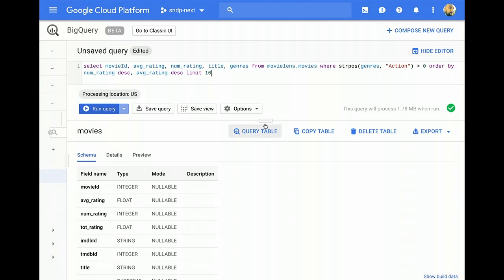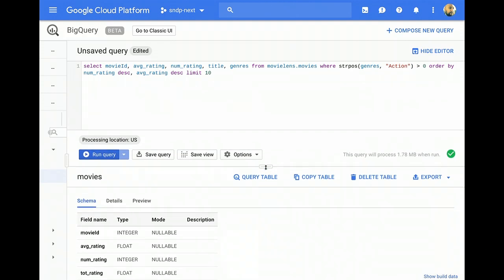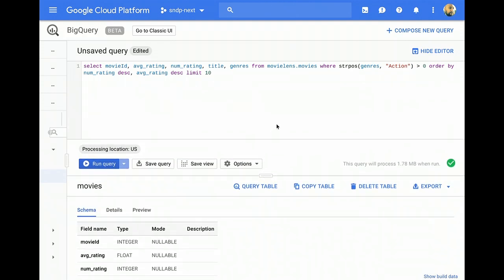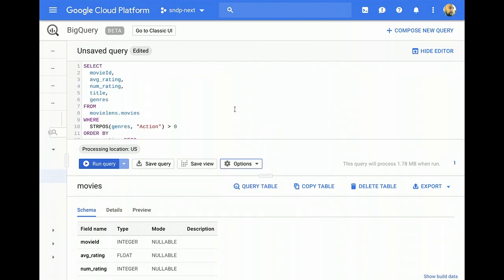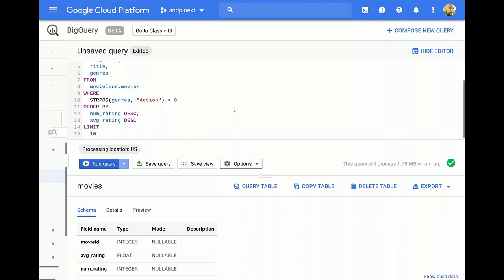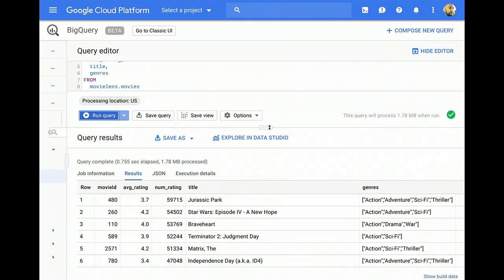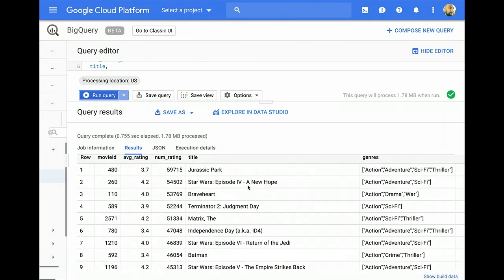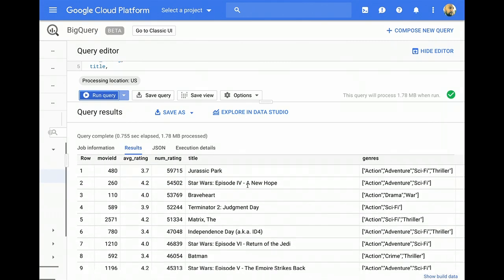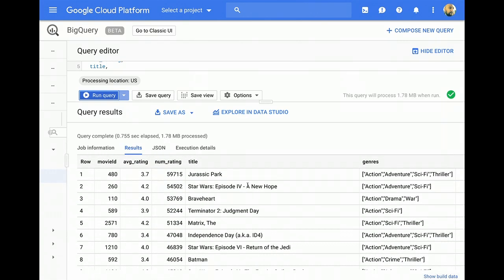And one quick thing which I love about the BigQuery UI is it's hard to read through this later on, so you actually have this nice option of formatting your query automatically, so it makes it a lot easier to read later on. Definitely take advantage of that if you can. But now we can run this, and it's going to run in a couple of seconds here. All right. So now we've got a list of the top 10 action movies, and you can see the genres